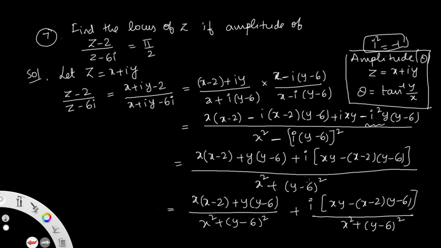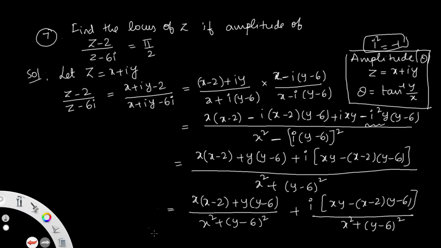Now separate the real part and the imaginary part. Numerator by denominator gives the real part, and this term is the imaginary part. Now just simplify. When the question asks for the real part, this is x; the total real part is denoted by x. This is iy, where y means the total imaginary part. So now simplify on the next page.